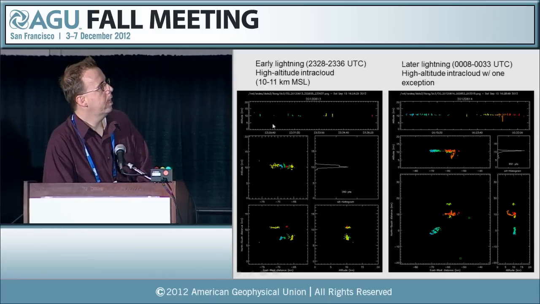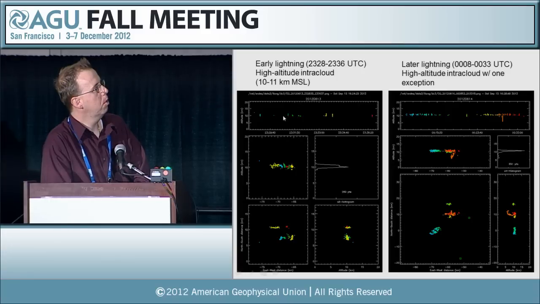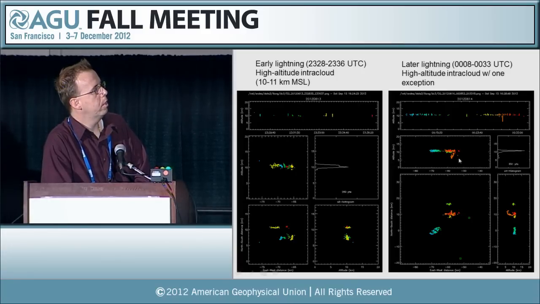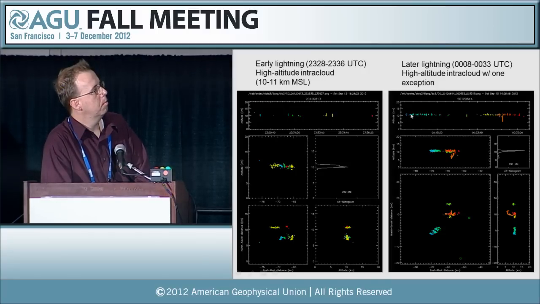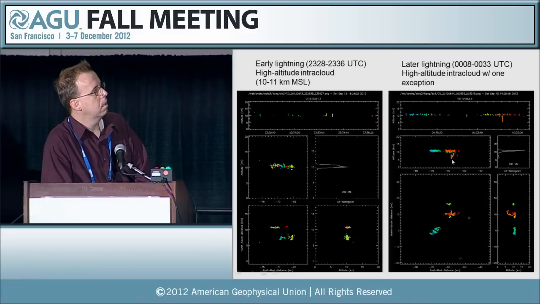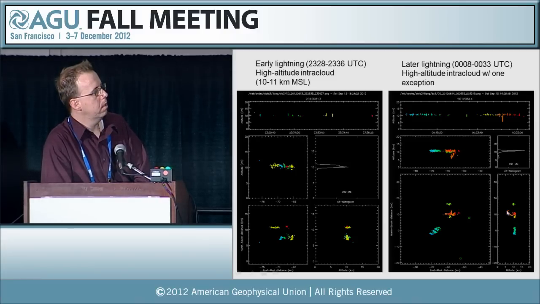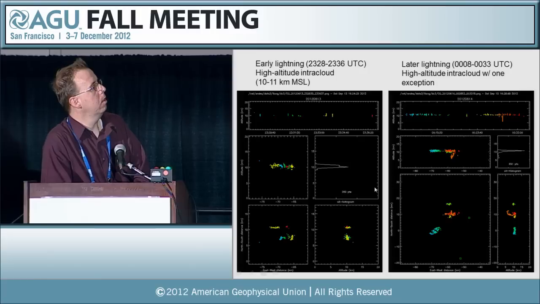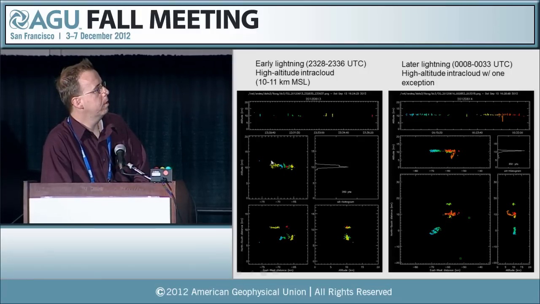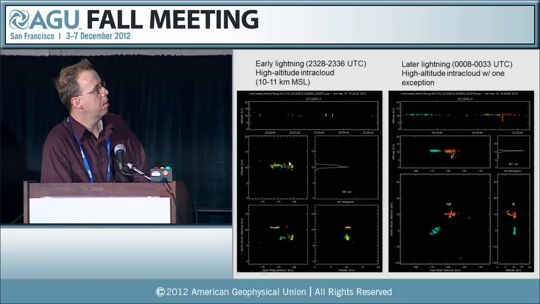The lightning, again, was fairly similar, it was very compact vertically, with one exception. Again, some precursor activity, and this late flash is interesting because it did show a little bit deeper charge layer. But for the most part, things are kind of clustered with positive charge roughly above 10 kilometers and negative charge just below.